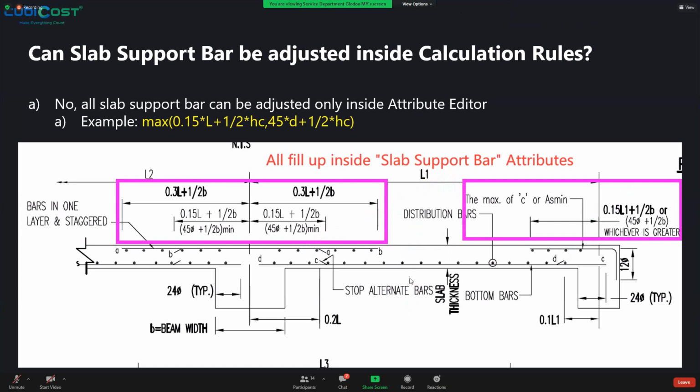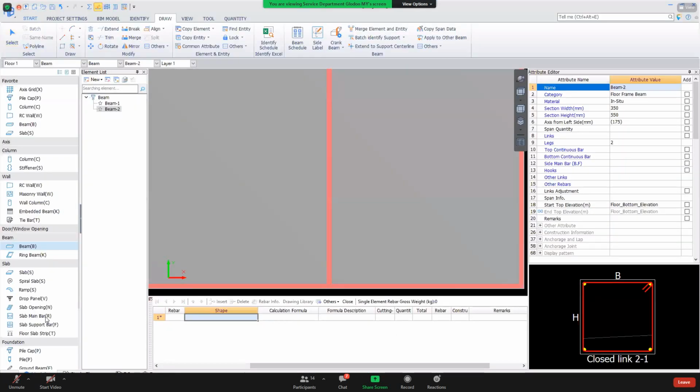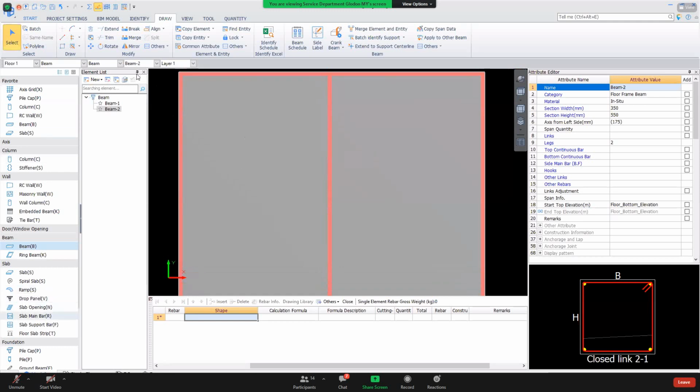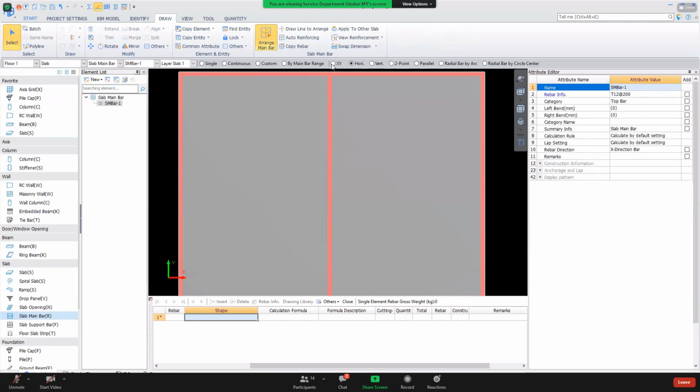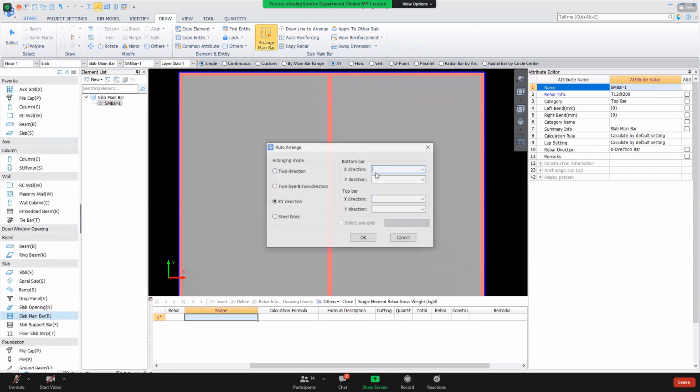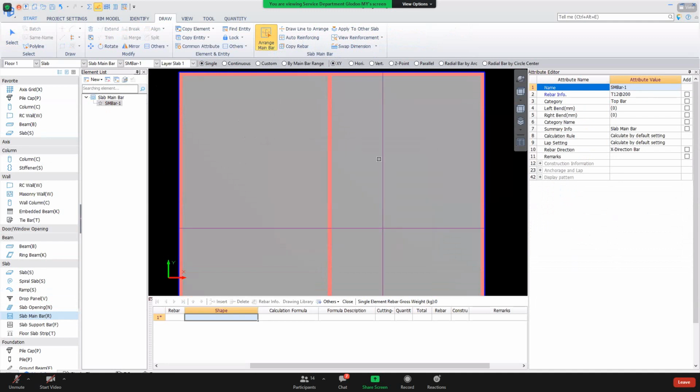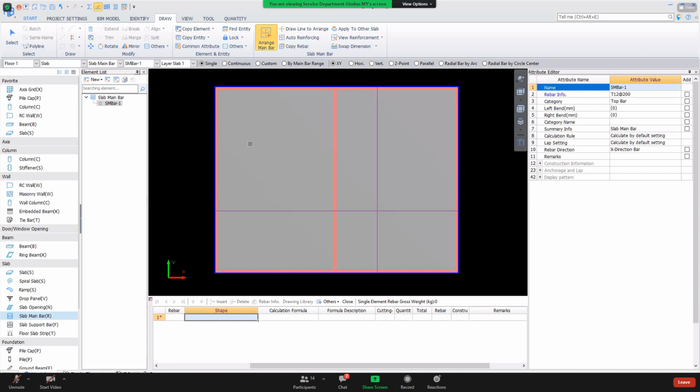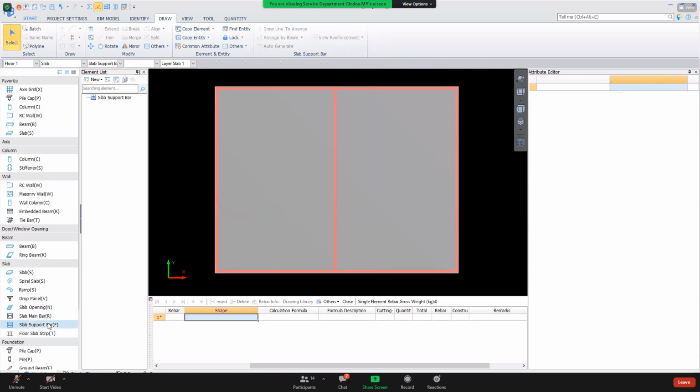Now, let me tell you why I say this. Because when you go into your drawing, if you are using slab main bar, it covers the entire slab. For example, single, X and Y, it covers the entire slab. So I'm just going to put it like this. So it covers the entire slab. But when you are using slab support bar, it actually covers the part where there is another kind of anchorage between the slab and another element. For example, like